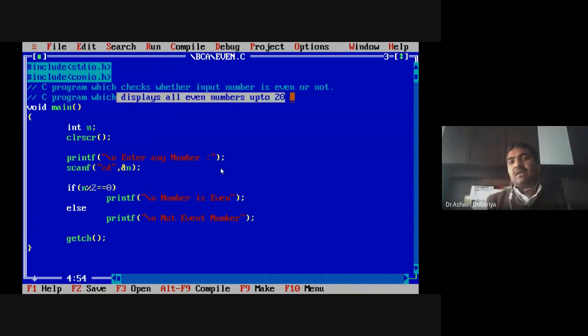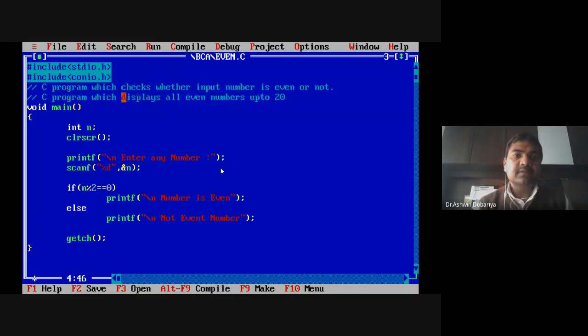Whenever you want to generate an even number series, display all even numbers up to 20. I hope all of you understood these things. And what should be my output? Which are the even numbers? Up to what do I have to print?